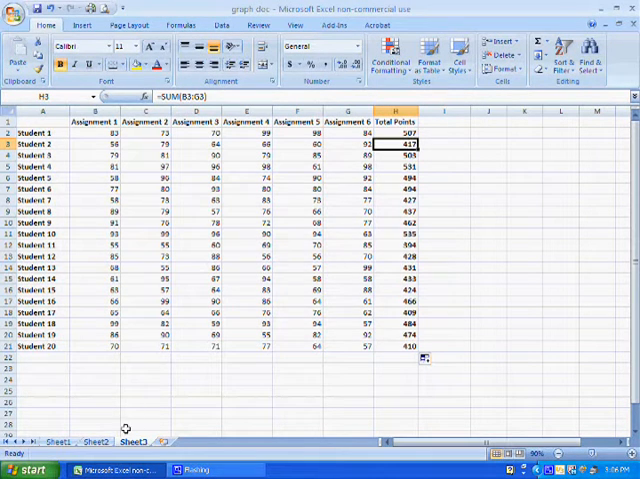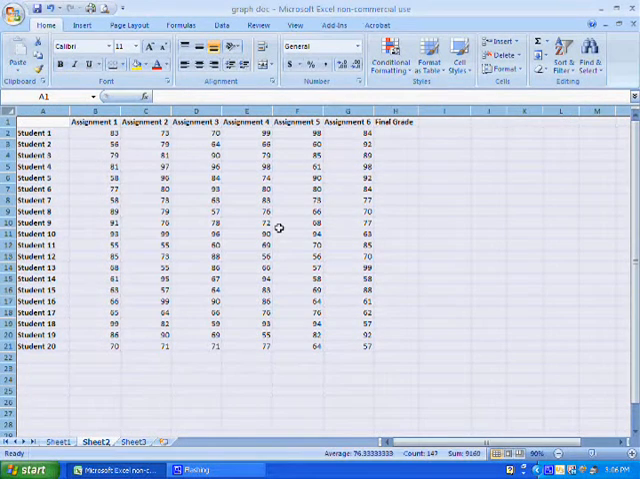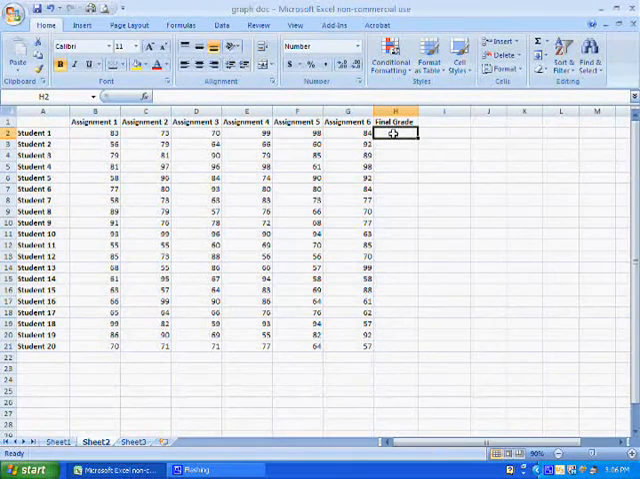Next, we're going to figure out the average. And as you know, the average score would be like a final grade. And so we're going to figure the final grade for student number 1 in assignments 1 through 6. So, we highlight the cell just like we did before with the sum,